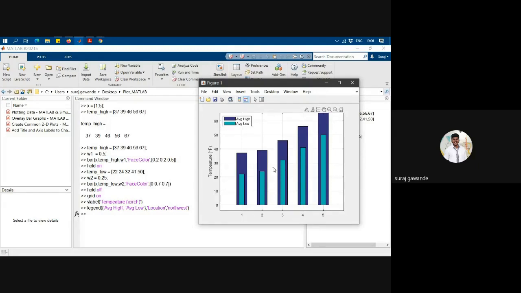Now we will specify the x-axis tick labels by setting the xtick and xticklabel properties, because if you use the xlabel function, it goes for the entire x label, but we have to use different ticks because we have multiple bars in this particular graph. So we will use the xtick and xticklabel properties to specify the x-axis tick labels. Again we have to call that, because the xtick and xticklabel properties are available with the property inspector. We'll have to call that